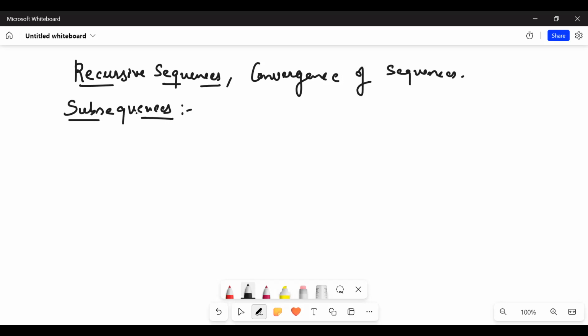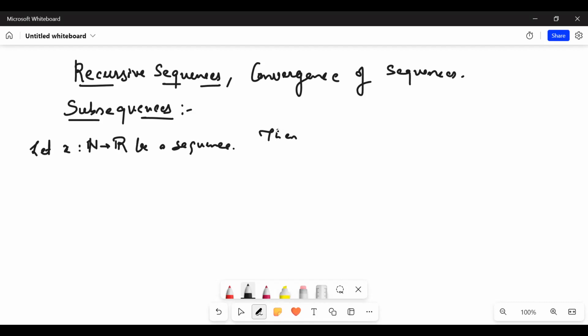So what is a subsequence? As the name suggests, it must be some subset, or you can say some restriction to the main sequence. So indeed it is. Subsequence is a restriction on the main sequence. So I'll write it more formally: let X be defined from N to R, be a sequence,